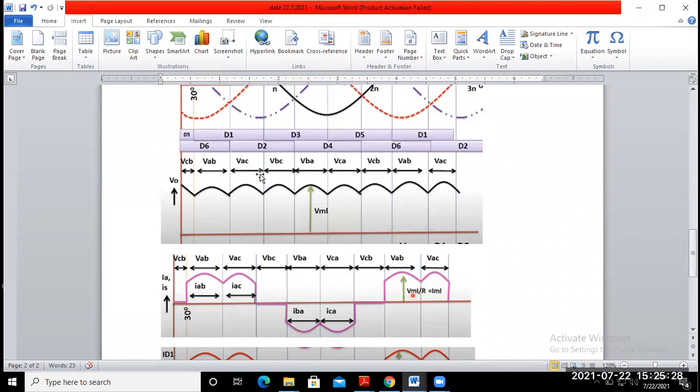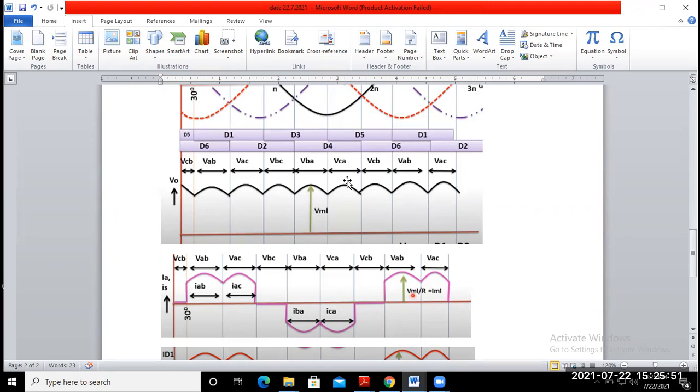Just from this output voltage waveform, for the pure resistance. As it is a pure resistive circuit, whatever the output voltage waveform, that is followed by the output current also.